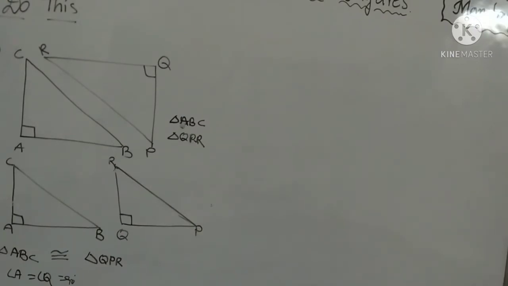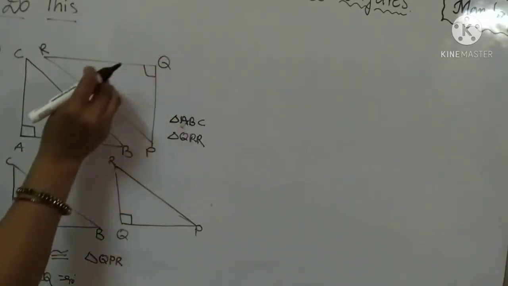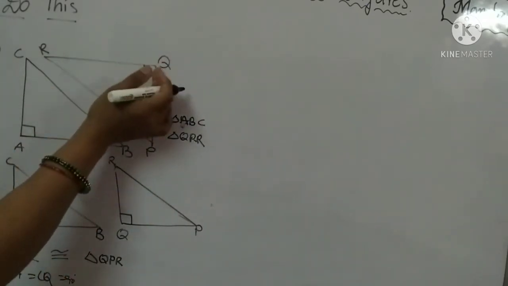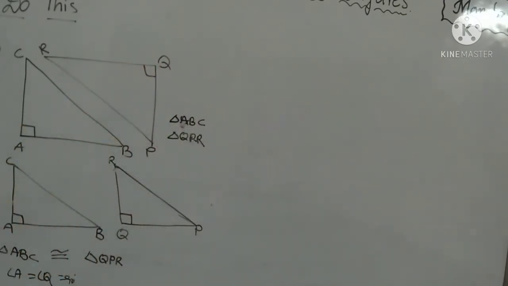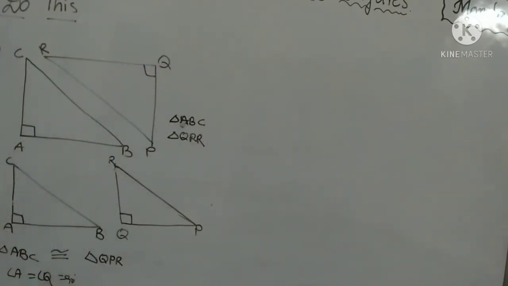Did you understand, children? If we overlap them on each other, they coincide. Observe the figures: they are the same size and shape. It is the imagination of a figure, so draw it like this. Take a piece of paper and fold the right angle triangle like that. We have to take a square or rectangle shaped paper.